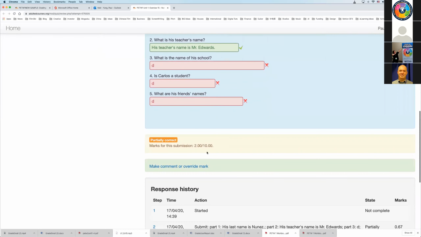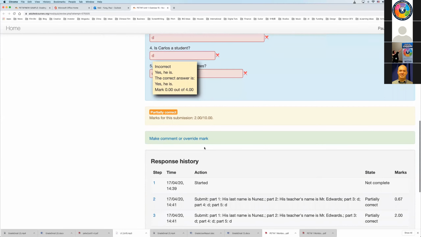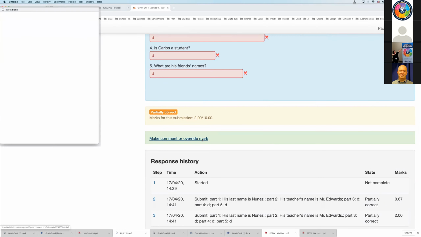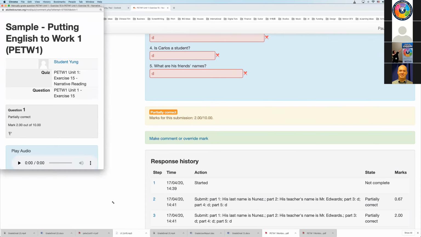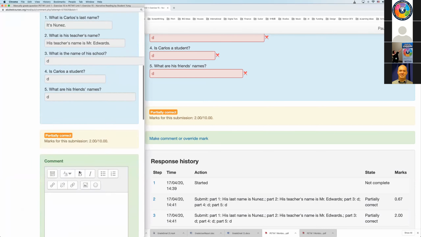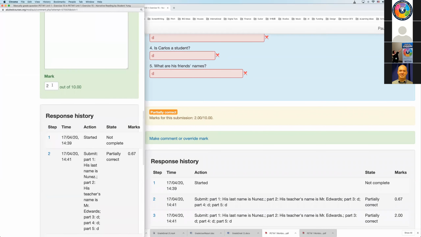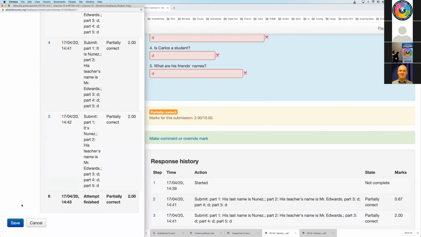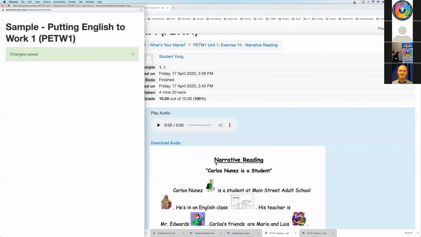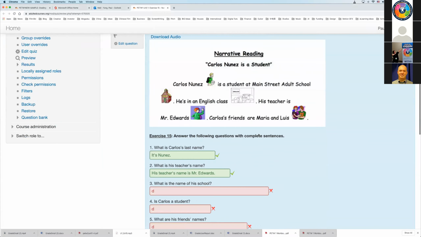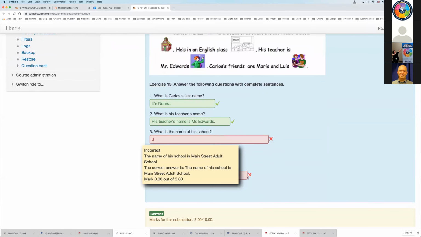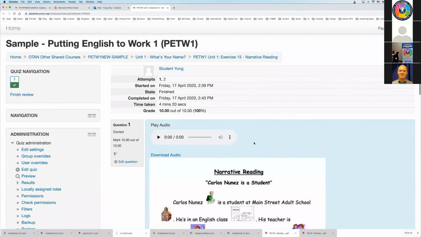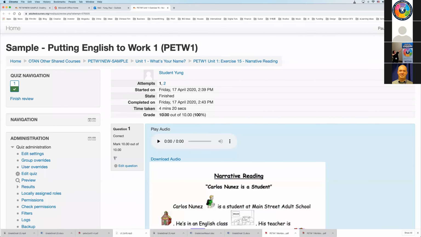Okay, I, as the teacher, am empowered to go in here and where it says the mark, save, I can override what the computer assigned to the student's work. I have total control over this course, okay?